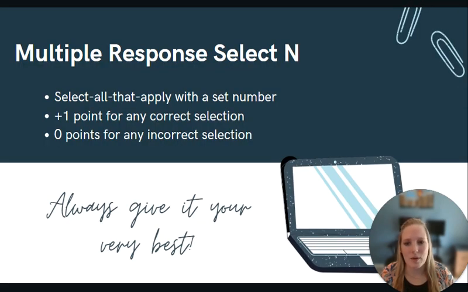Let's quickly review what these questions entail. So you may be asking yourself, what is a multiple response select N question? Well, this is just a fancy way of saying a select all that apply question, but with a nice twist. The select N means they tell you how many to select. For example, it may say select 3 of the following risk factors, or select 4 possible side effects of this